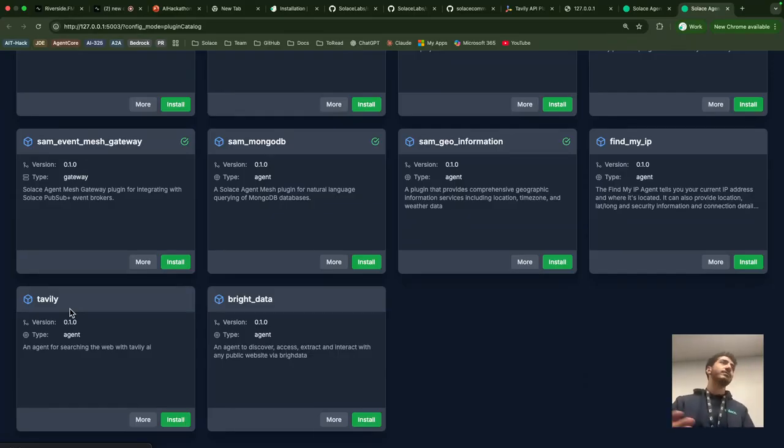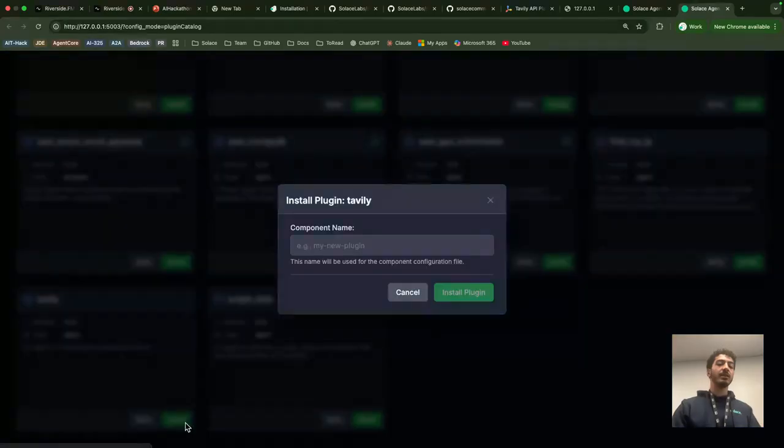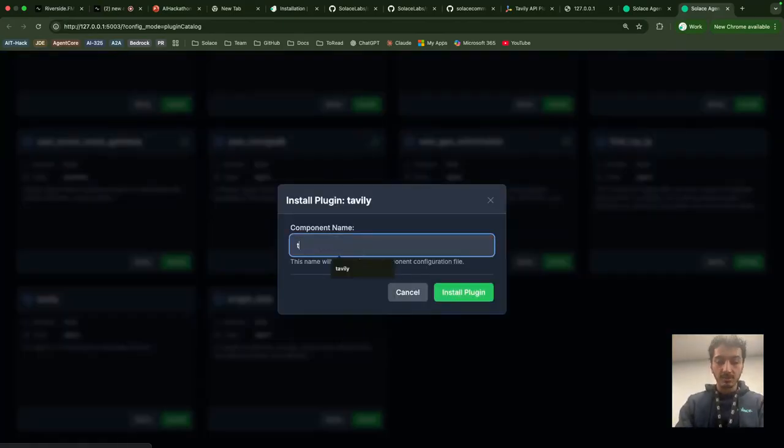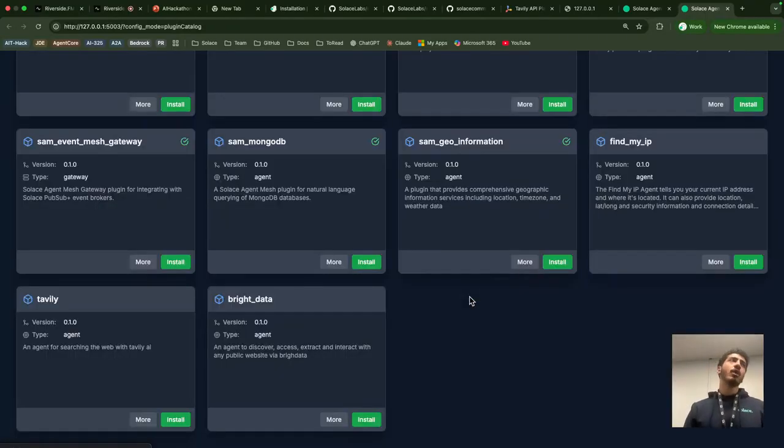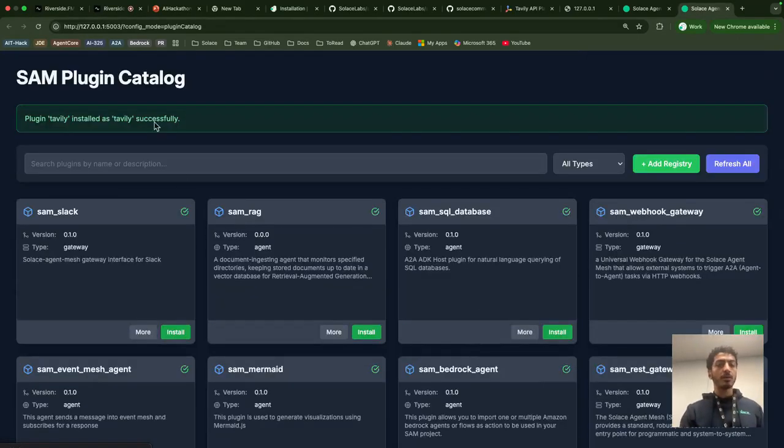Again, for demos, it's nicer to just say, oh, you want heavily, click install, give it a name, just call it heavily, super creative, and that's it. It's installed. You can do it through the CLI too. It's also one command, two commands. You have to install the dependency, but you can also combine them in one command. But there we go. We get our success message.